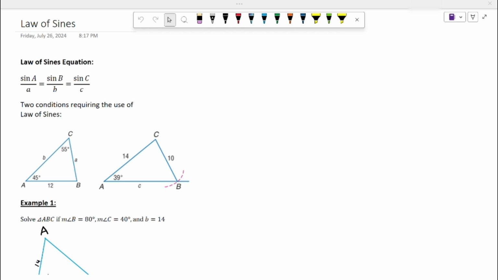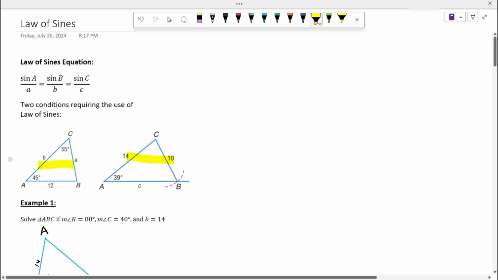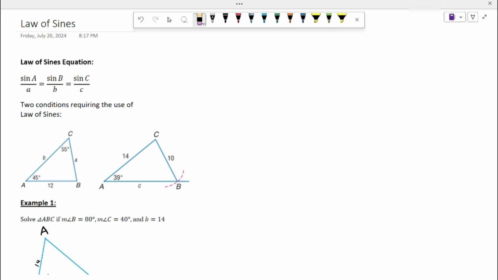Hello, in this video we will be looking at law of sines. So law of sines occurs when we are dealing with a triangle that is not a right triangle, such as these triangles we have down here. These two triangles are not right triangles, and you are going to be given values within each of these